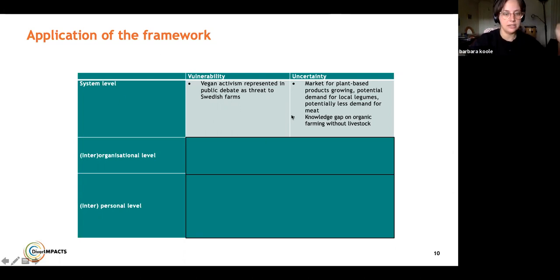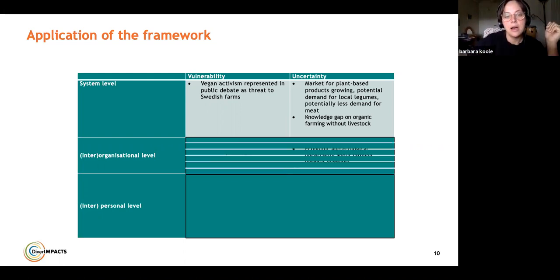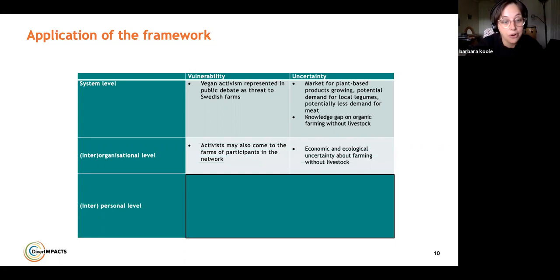So these are some factors that play a role on a system level. What you also see is that the growing plant-based market is often being associated with vegan activism, even though you could argue that it's, of course, two separate things, but it's often kind of put in one box. Then on an organizational